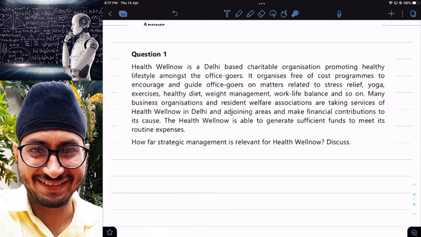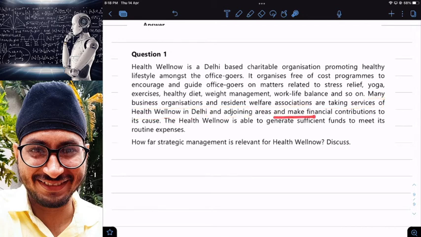Tell me before we started, whether it is a profit organization or a non profit organization. Health Well Now, read this and tell me. It is a non-profit organization. Why? It provides free services relating to yoga and health and wellness programs. Clear? Next. Many business organizations and resident welfare associations are taking services of Health Well Now in Delhi and adjoining